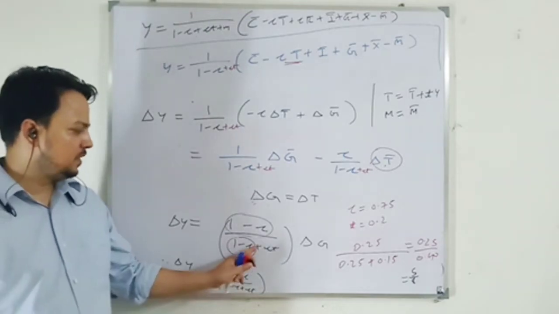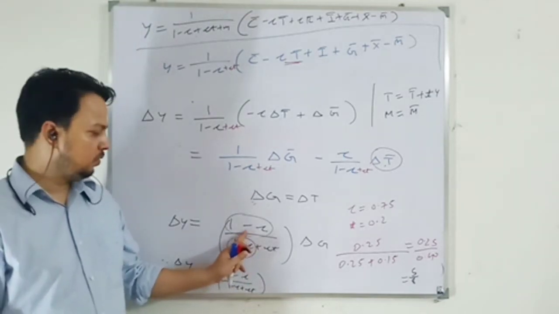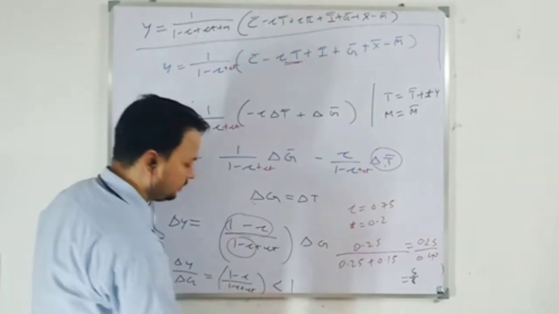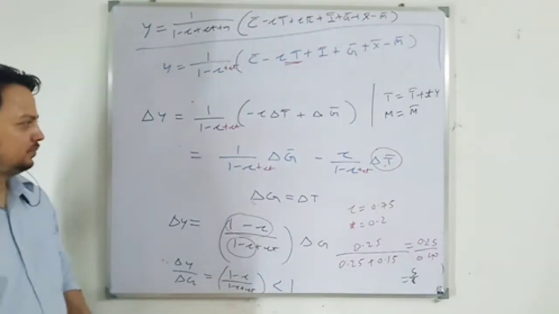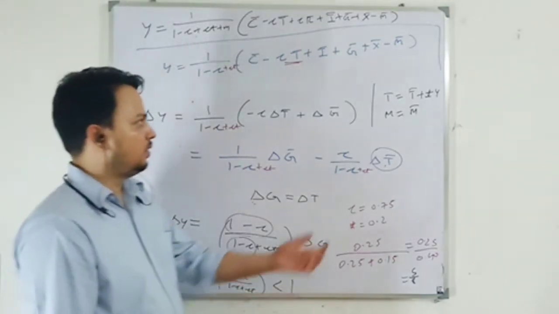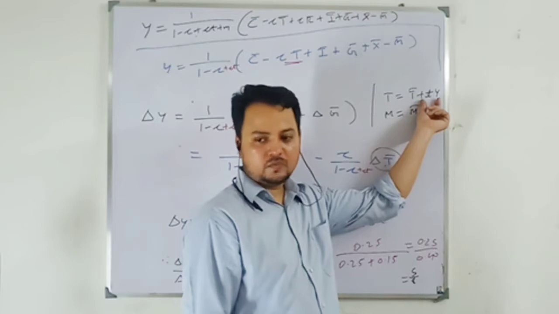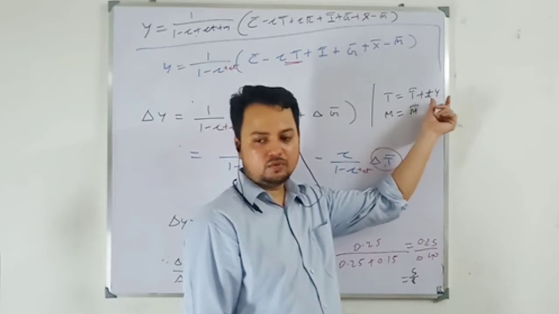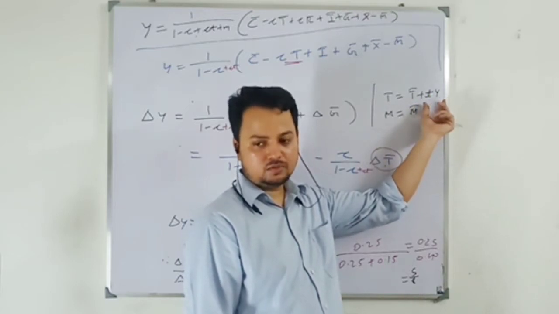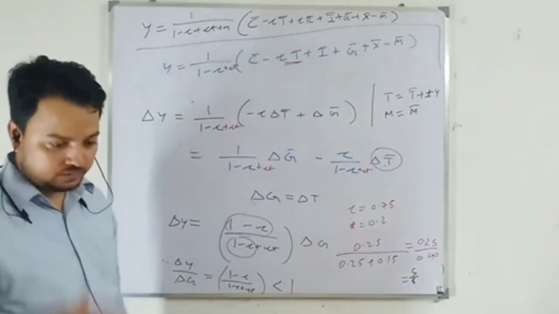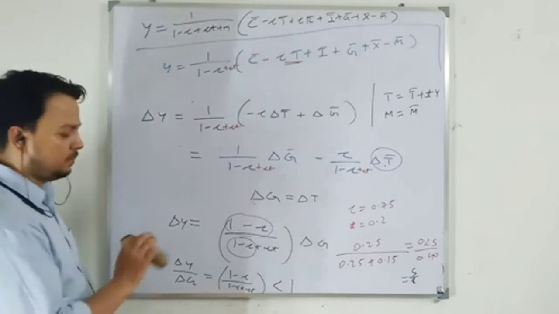So balanced budget multiplier will be 1 minus C over 1 minus C plus CT. So this will be less than 1. So once I introduce this component, where your tax rate depends on your income, before I had taken that to be 0, my BBM will be less than 1. Second point.